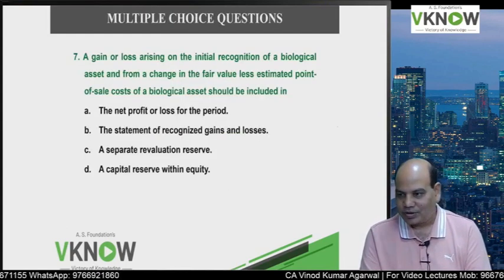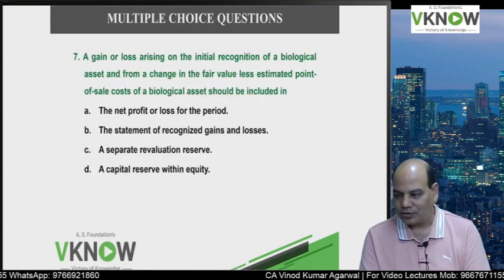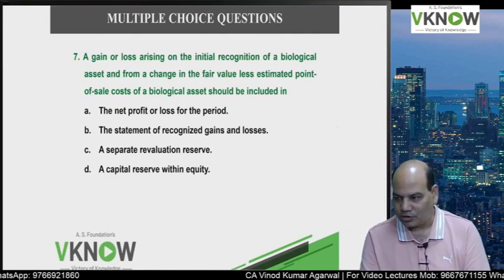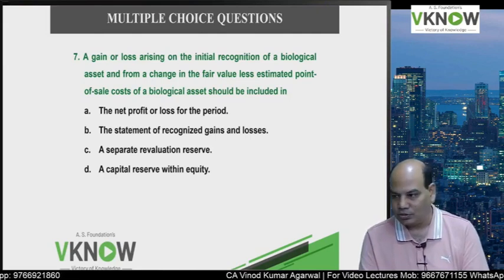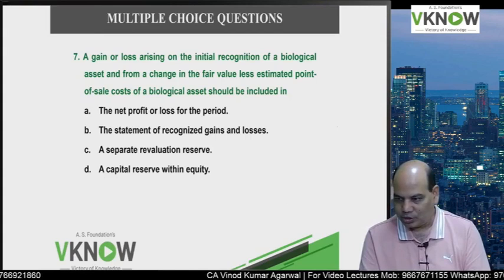Next, seventh: a gain or loss arising on initial recognition of a biological asset and change in fair value less estimated point of sale cost of a biological asset should be included in